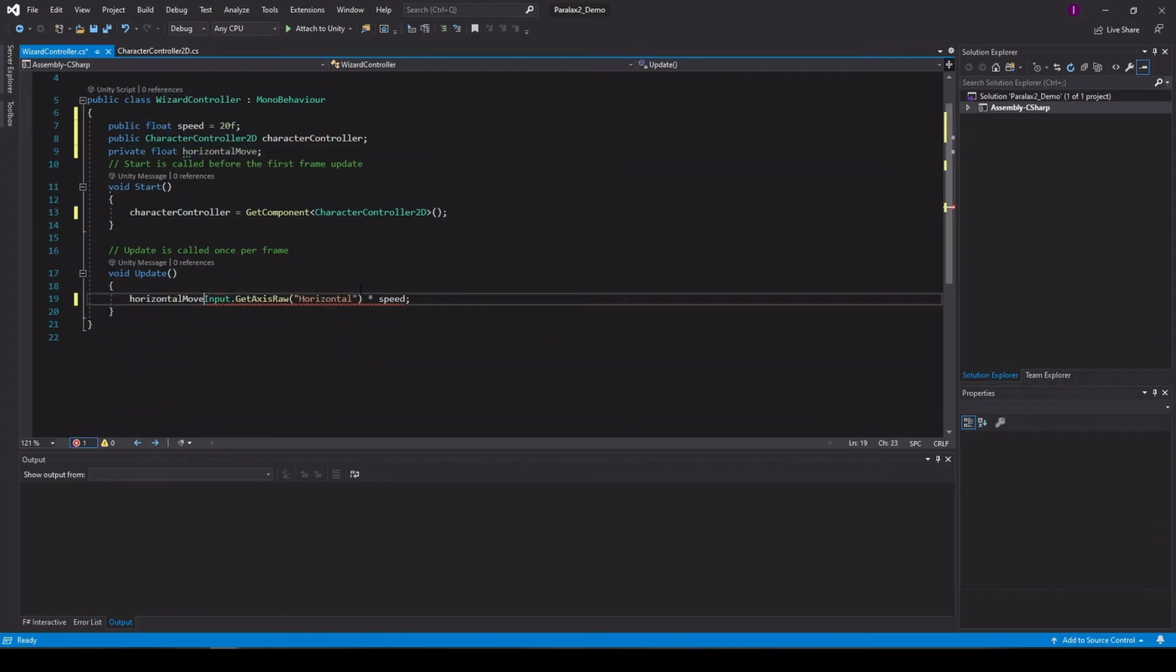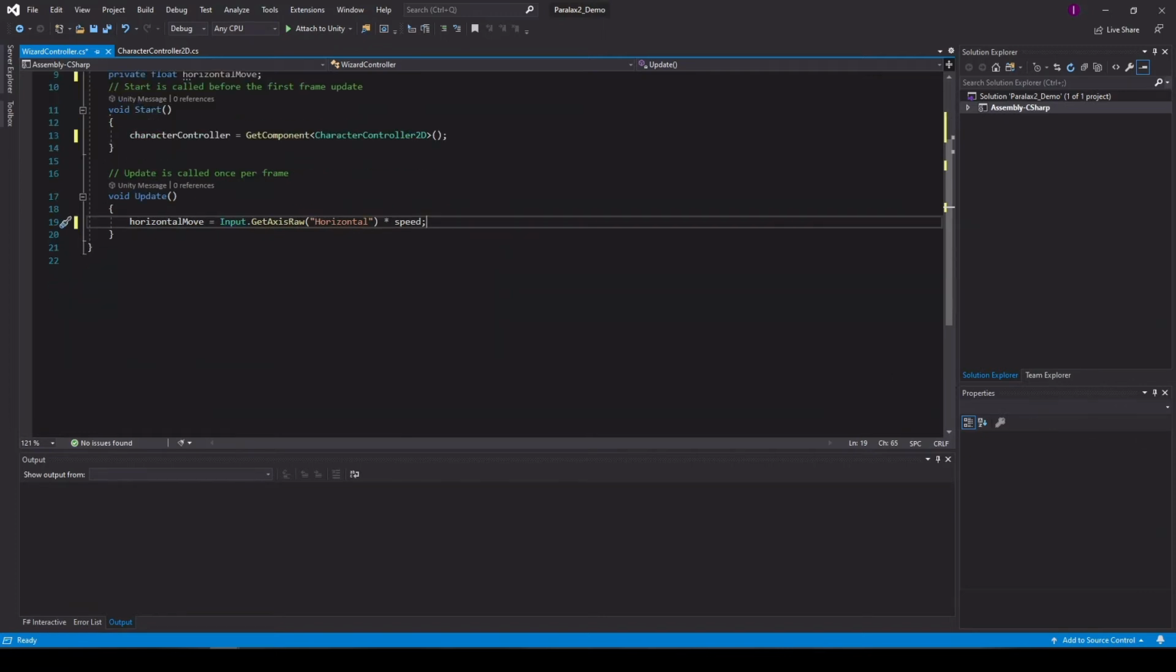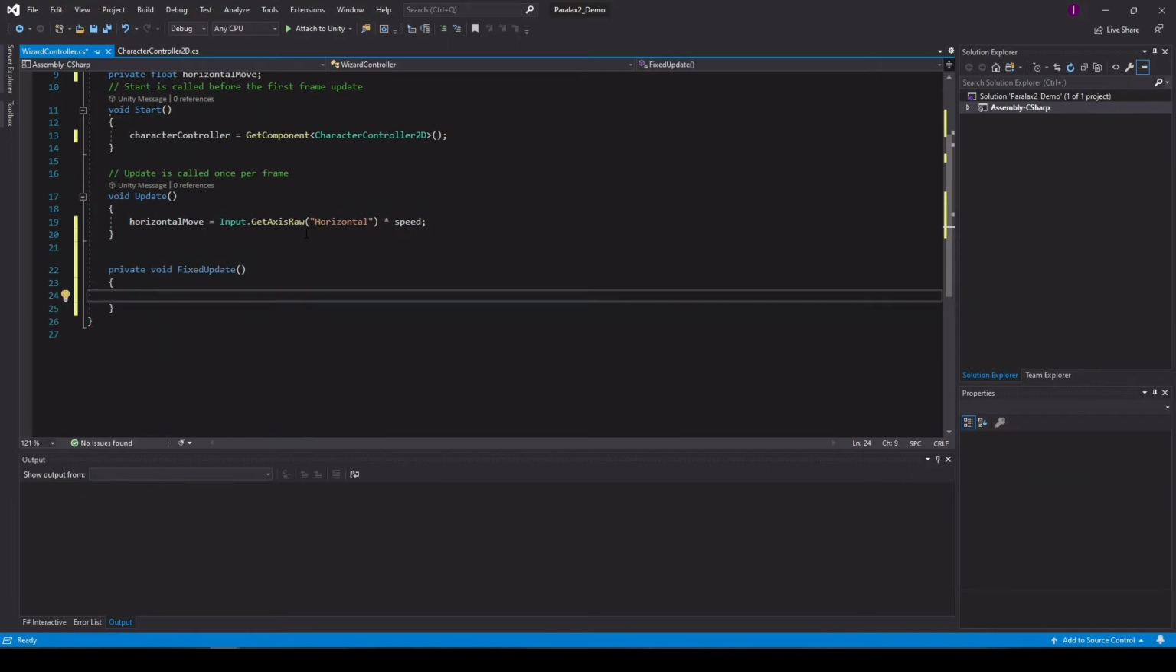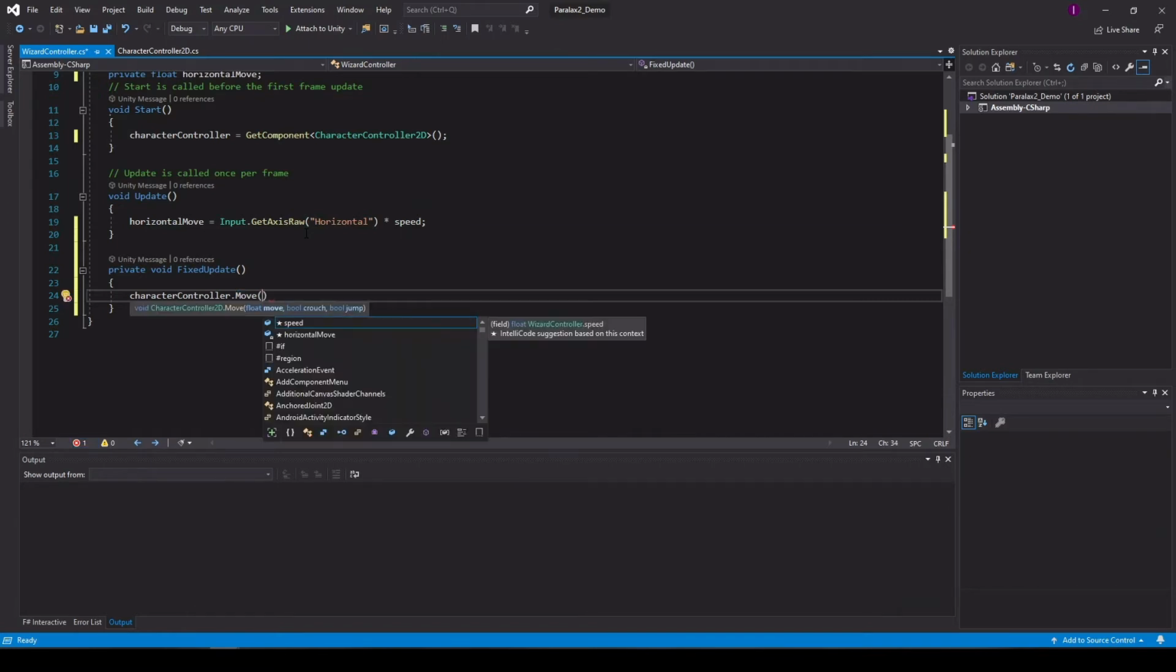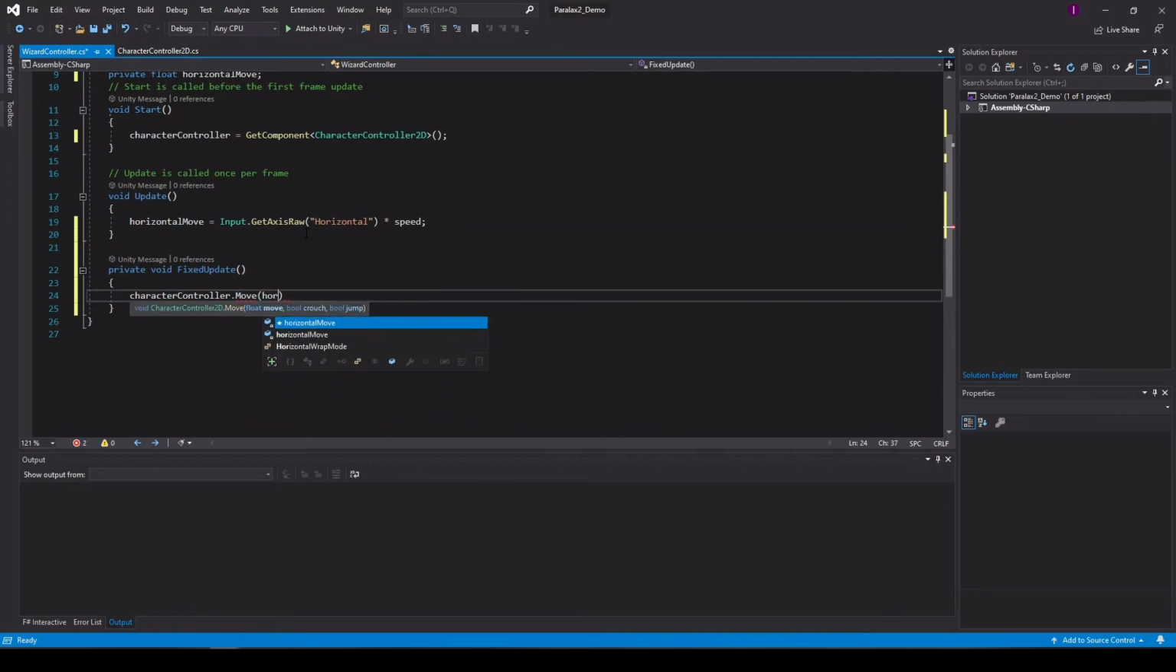Okay, great. And we'll do the actual movement in the fixed update. And we'll just tell the character controller to move, and time fixed delta time,